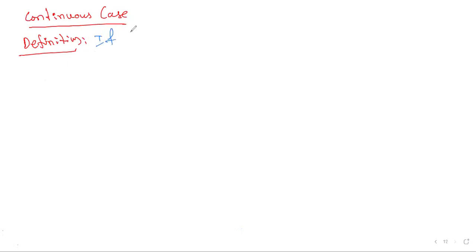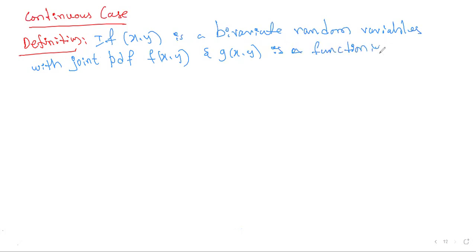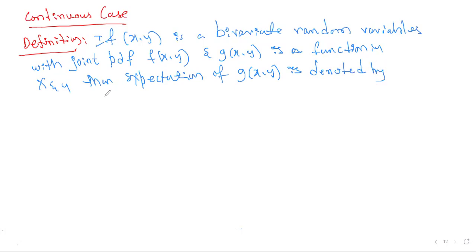If x and y are bivariate random variables with joint PDF f of x comma y, and g of x comma y is a function in x and y, then the expected value of g of x comma y is denoted by